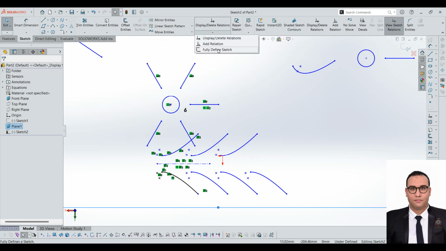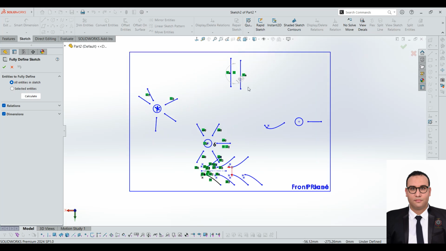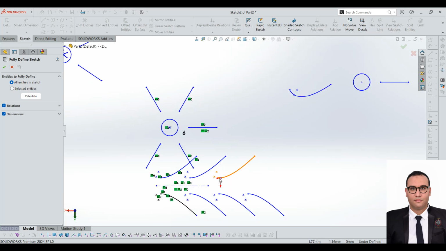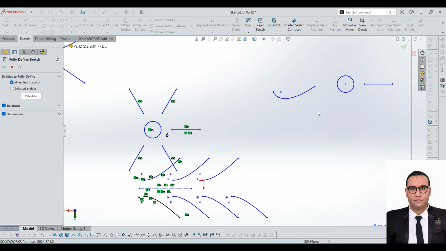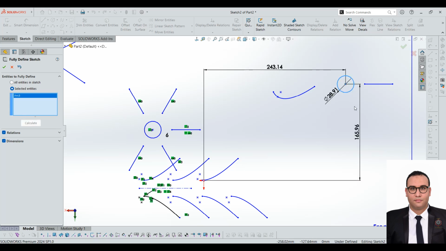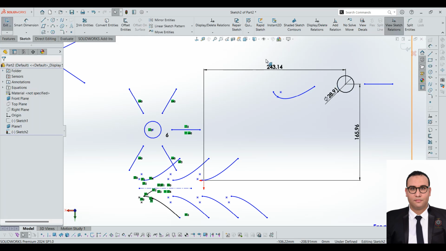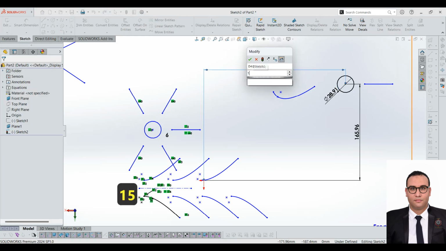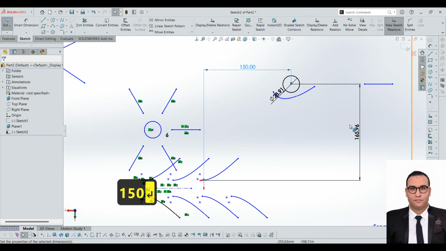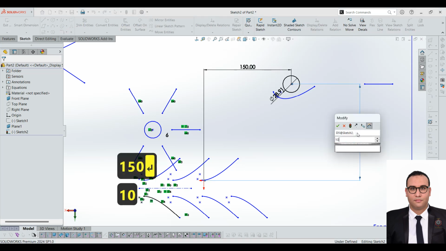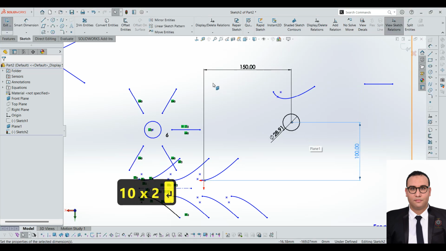this one will allow us to define whenever we want to a point. For example, this circle, I want to be defined. I don't want to break my head and put the dimension. I select this circle and calculate it to give us the dimension automatically. See, and we can change it as we want. See, as simple as that. Or we can